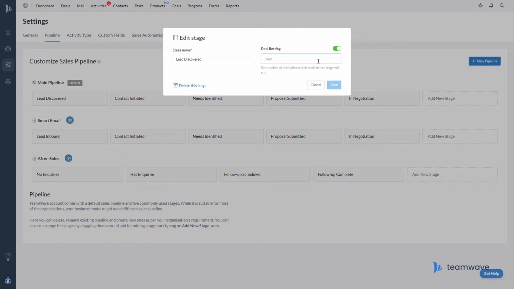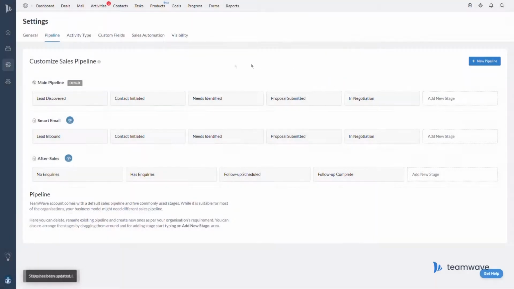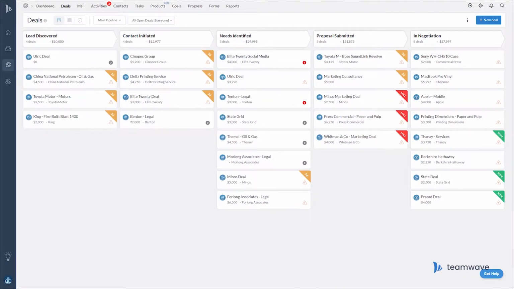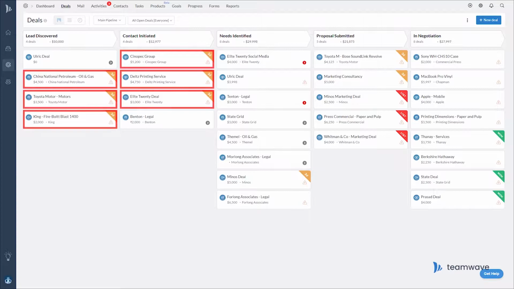For this stage, let's say we want our sales reps to cold call our potential customers and we need to contact them within 3 days. Now let's say it's a few days later, we've nicely moved some deals along the pipeline and we've lost a few along the way. And we also have some deals still hanging around who our agents haven't yet reached out